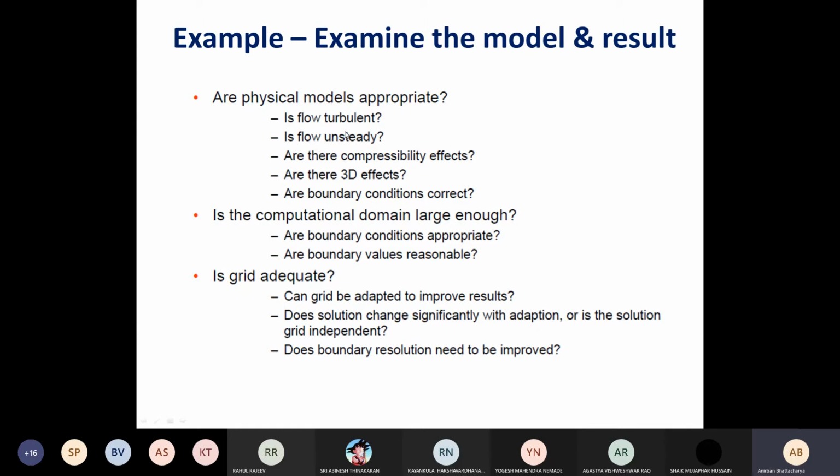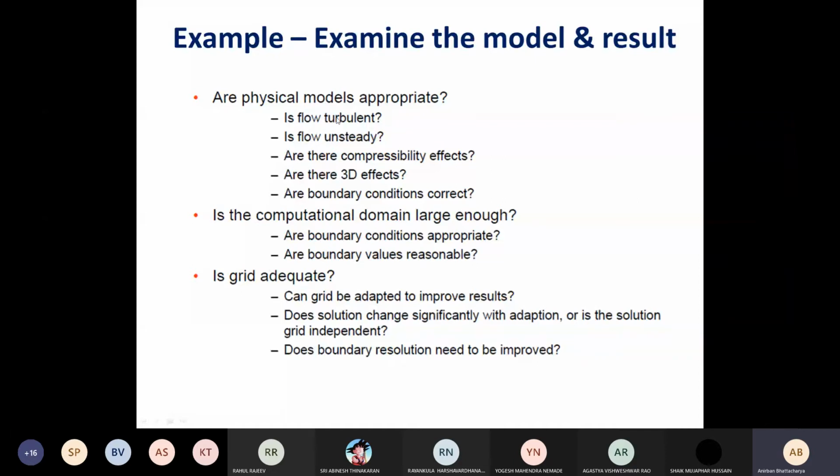For example, for a thermal problem, we may ask ourselves whether radiation will be important or not, whether there are other effects. So for example, in some cases, magnetic effects may be important. In some cases, electrical effects may be important. So all those effects can be taken into CFD problems. In other cases, there may be a lot of heat generation due to viscosity. That may be very important. Then so many things are there. So we have to think and think about our assumptions, whether we have taken the assumptions correctly or not.